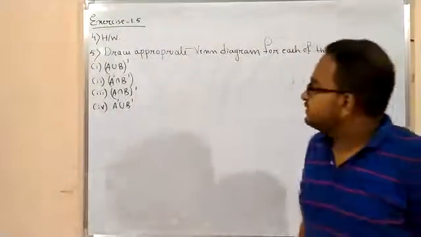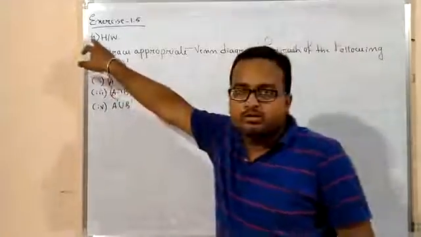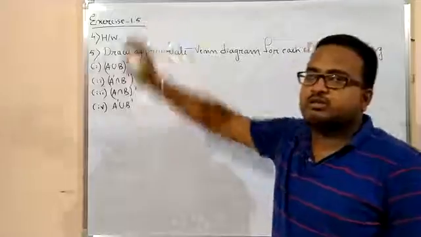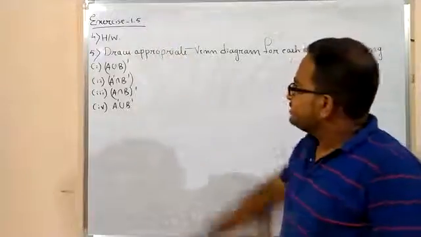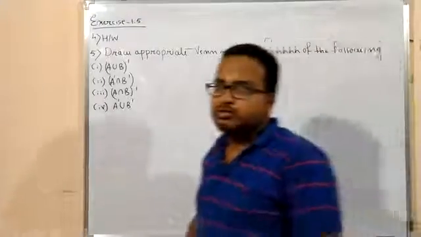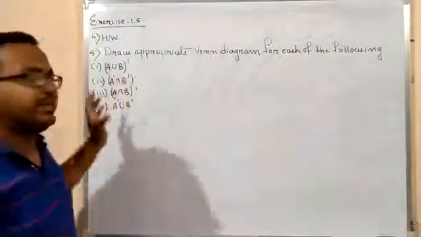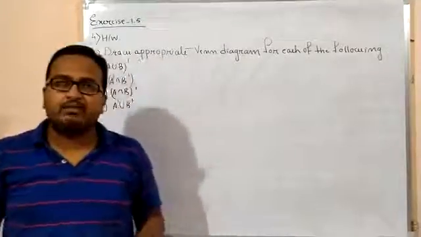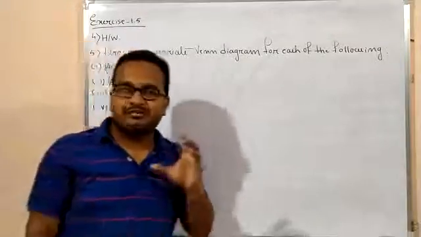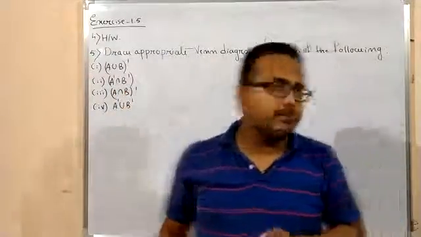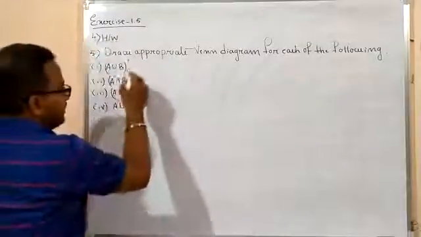Hello students. So question number 4 is your homework. Okay, try to solve it. It's very easy. Just use the concept of complement. Now question number 5. Draw appropriate Venn diagram for each of the following. So you have to represent those given sets by using Venn diagram. Okay. So we have already discussed about the Venn diagram. In Venn diagram, universal set is always represented by this rectangle and the given sets are denoted by circles. Right. So let us see how to solve this.